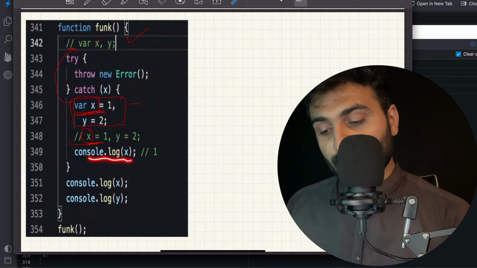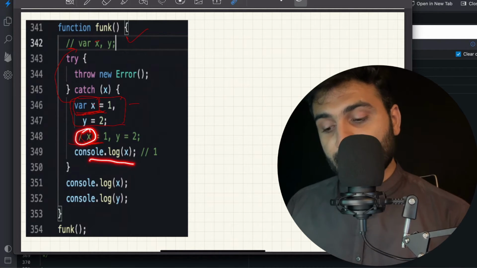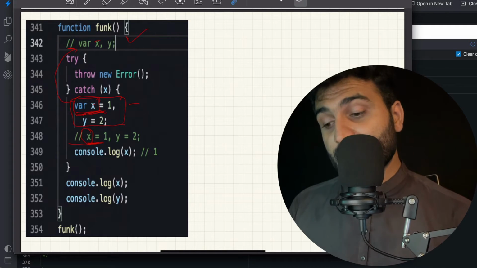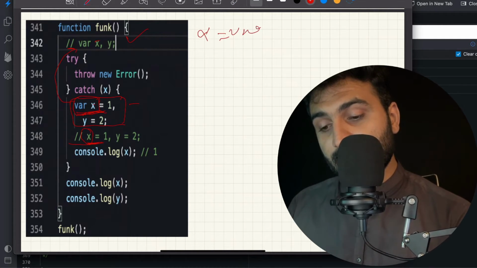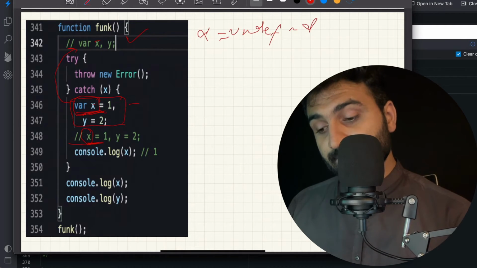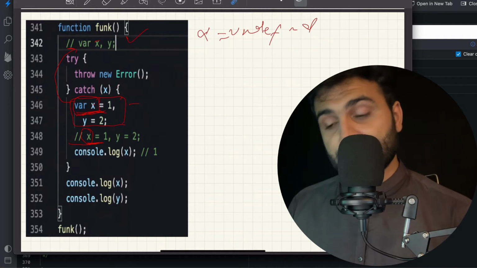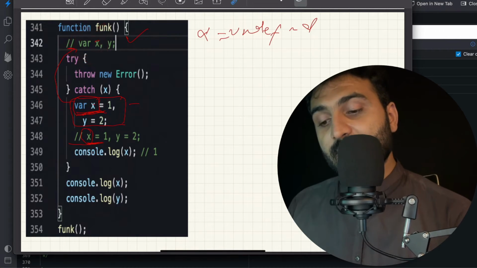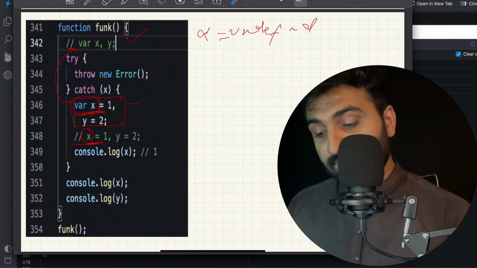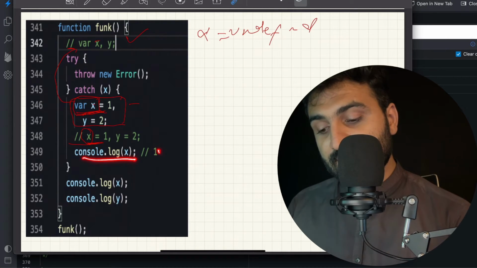Now here when we console log, this local x is being consoled out, and this global, this hoisted x still has a value of undefined. Because I said in block scope, local variables are always preferred first, because we are assigning this local variable x a value of 1, so this global hoisted x will still have a value of undefined. And whenever we console this out here, x is a local x which is giving 1, and when we come out of this scope,